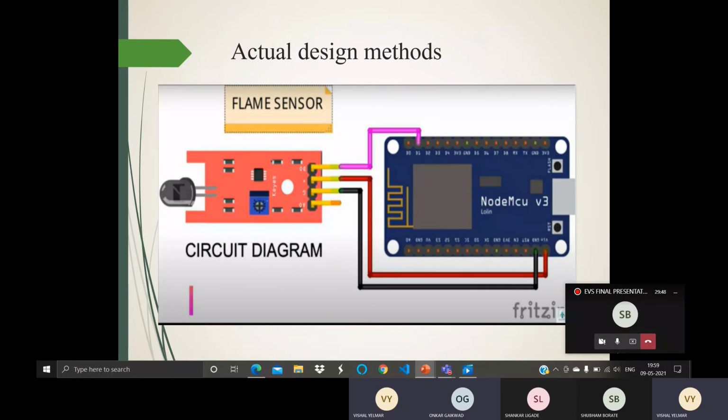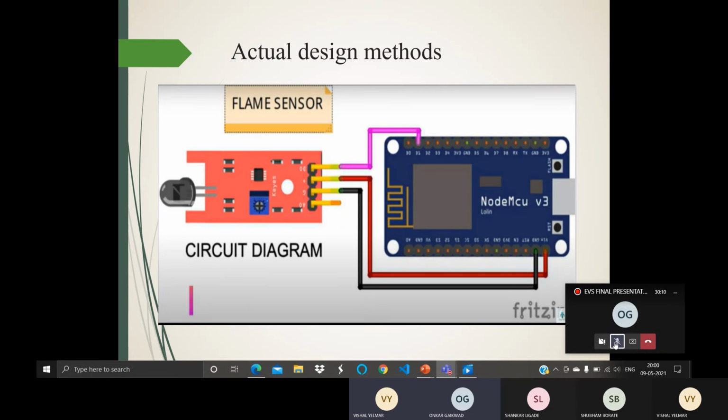We use NodeMCU ESP8266, flame sensor, breadboard, jumper wires, and power supply to complete the circuit. The flame sensor has three pins: VCC, ground, and D0. NodeMCU has different pins, but we use Vin, ground, and D1.